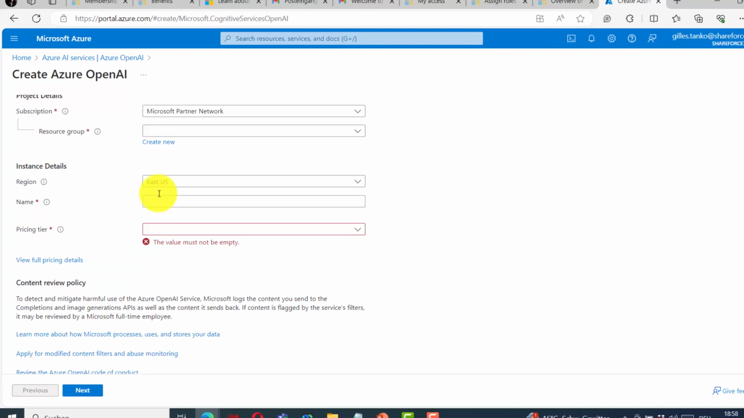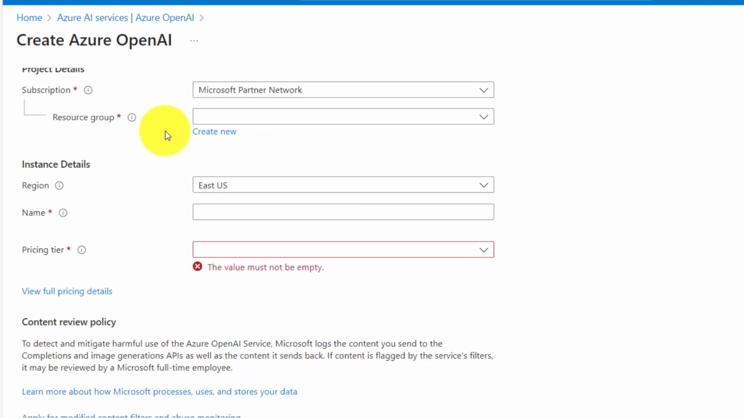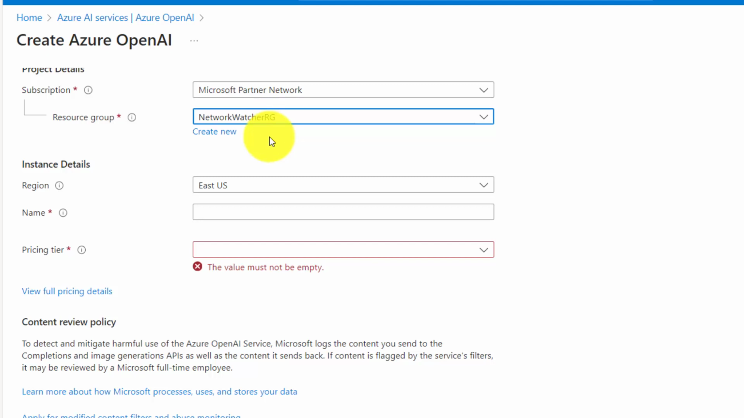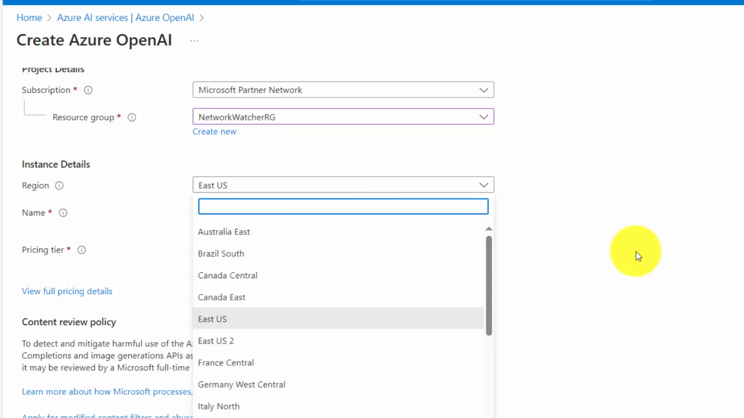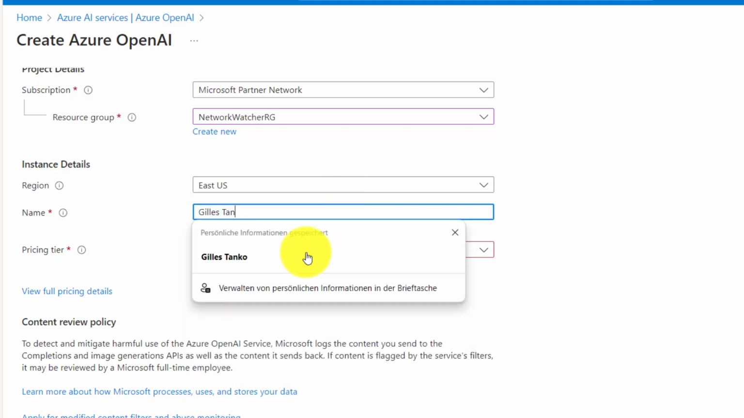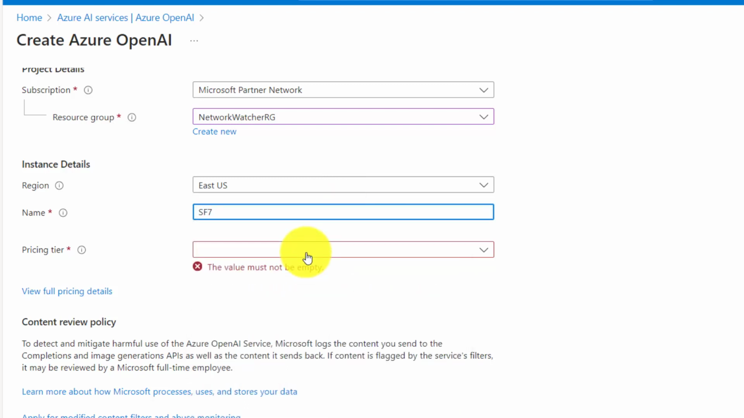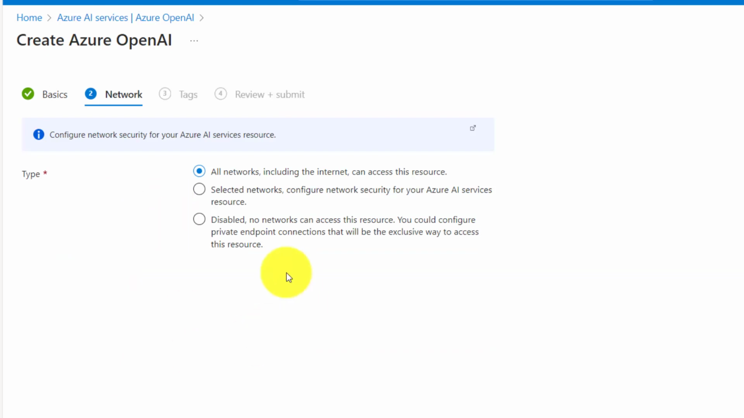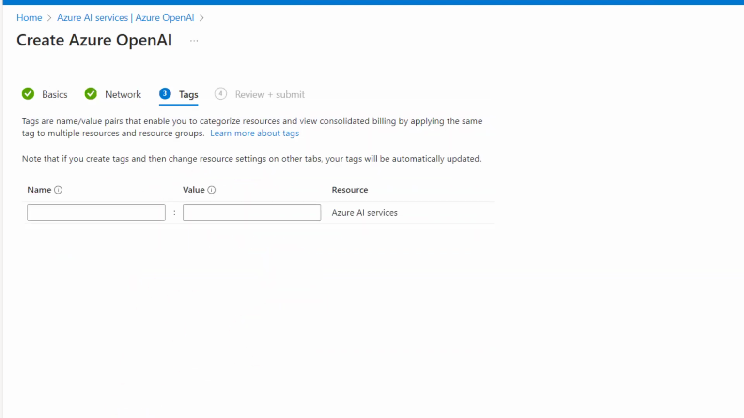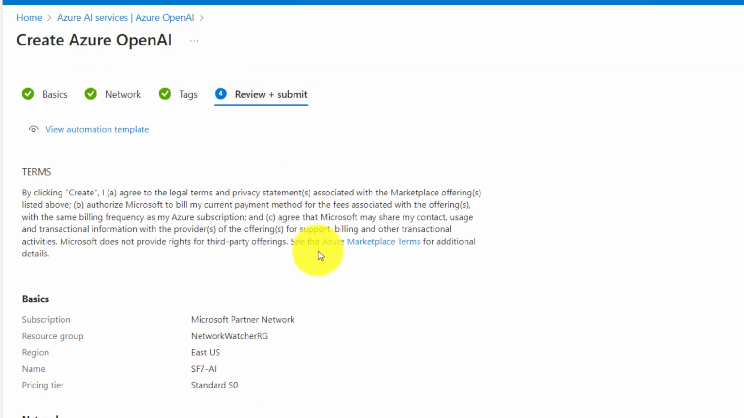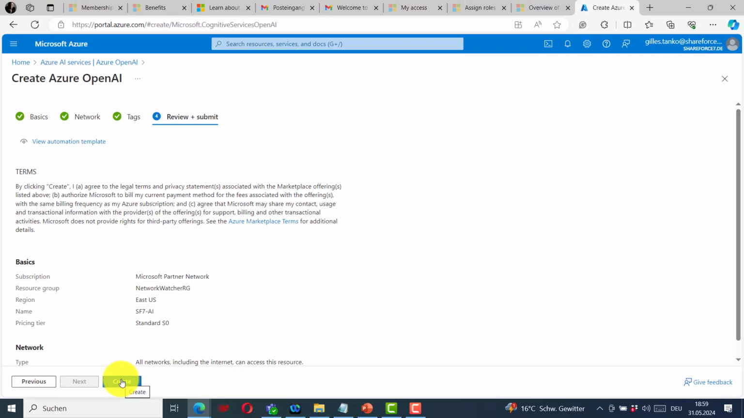That is really marvelous, and I'm really happy about it, because I've been looking for a solution for a while. Then you can select the region where you want your service to be, and you can give a name for your service. I will call it ShareForce7 AI, and you can just set the standard price here and hit next. And the network, I can just leave it. Tech is not so important. The question here is to create an OpenAI service. Then you can just hit create, and that's it